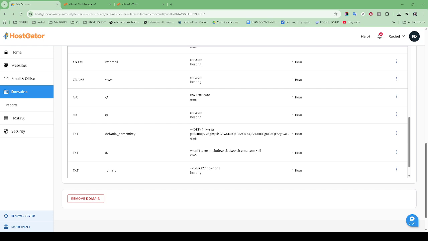Before you go live, it's essential to preview your website. This step allows you to catch any small adjustments that might be necessary. It's your chance to navigate your site as a visitor would and make sure everything looks exactly as you envisioned. It's always better to double check to ensure